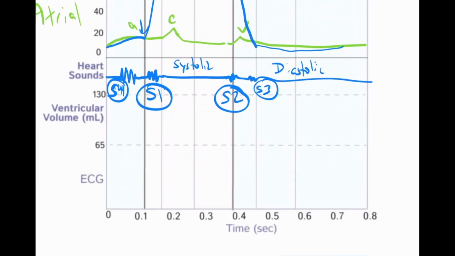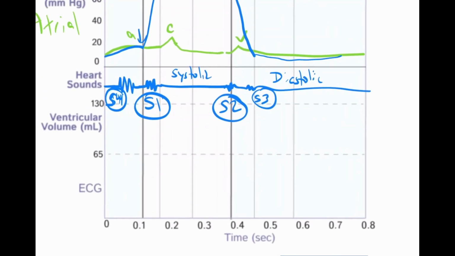So the last little bit is going to talk about the EKG and the ventricular volume. And here we are. Okay. Ventricular volume. Put it in red so it stands out. So we're filling, right? Ventricular volume, we're filling. It should go to 140, it's just that I ran out of space. So don't worry about the number. Know it's 140.